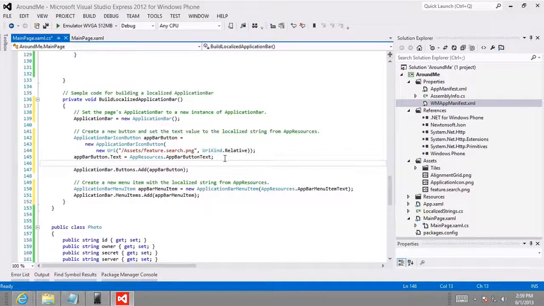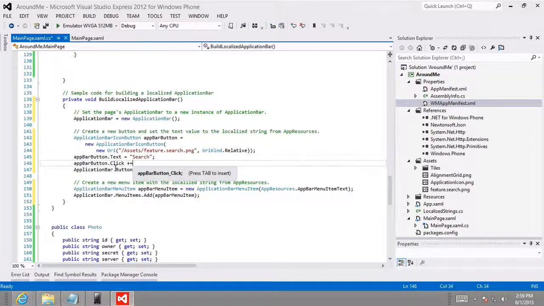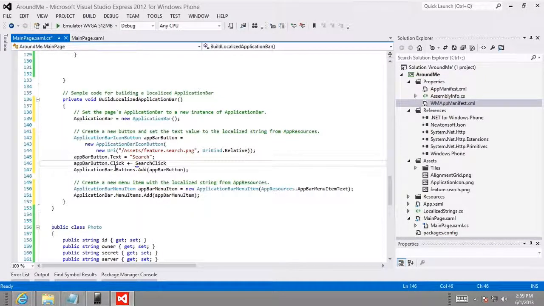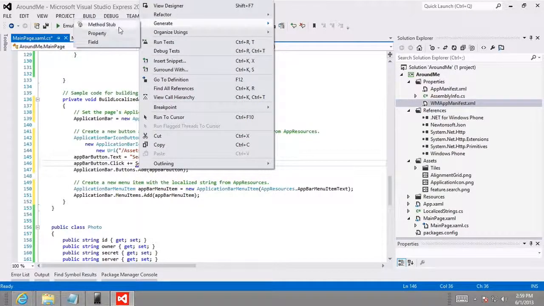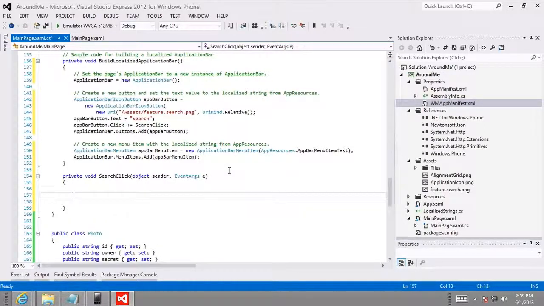We're going to change the app bar button.text, and we'll just hard code that to the word search. And then app bar button.click, I want to wire that up to something called search click. So we'll add a new event handler method stub called search click. I'll right click it, select generate method stub. Great. And so when somebody clicks that little search icon on the toolbar, we want to navigate to a new